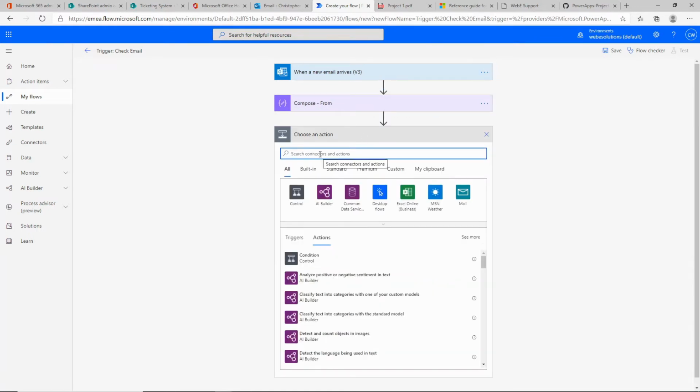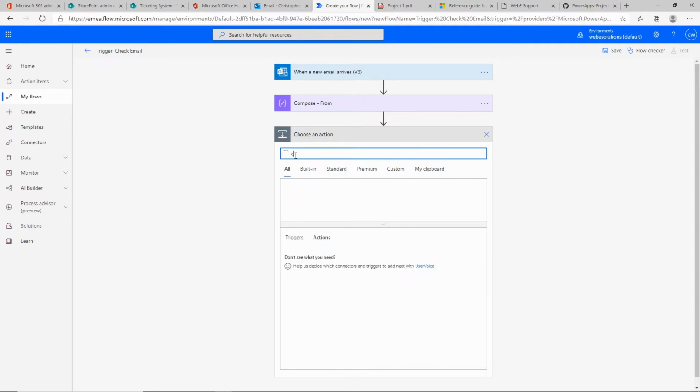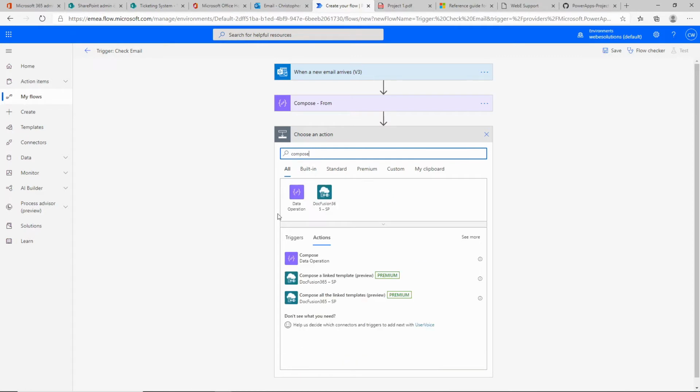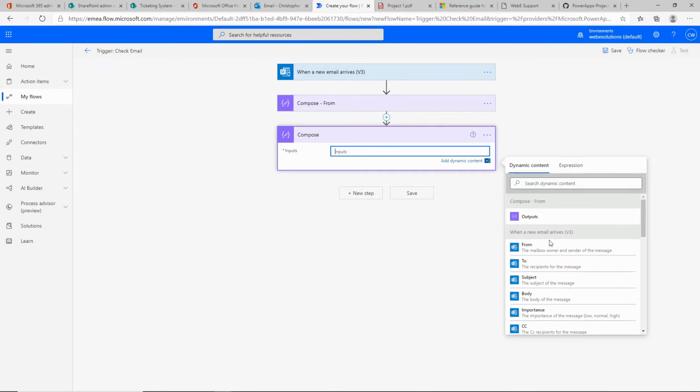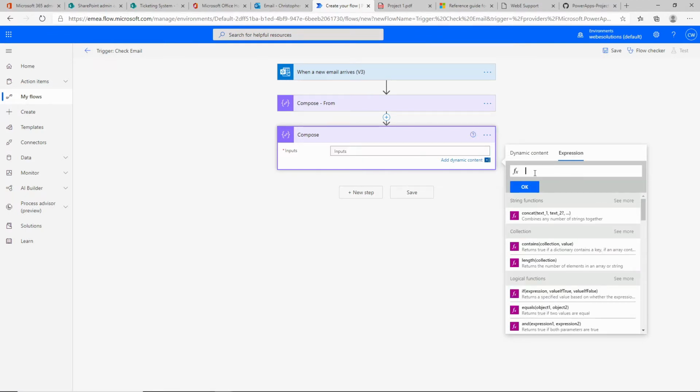And the next step that we will be doing is creating our ticket number. So again, we will be using Compose to store this information. And if we type Compose, we can click on Compose data, and in the input, we need to add our function. So instead of using dynamic content, we need to click on expression, and to add a function, we can add in the expression that we want to use, and in this case it's concat, open close brackets, and in the open close brackets we're going to add our function to get the date, and that is UTC now, and the format that we're going to be giving that date is